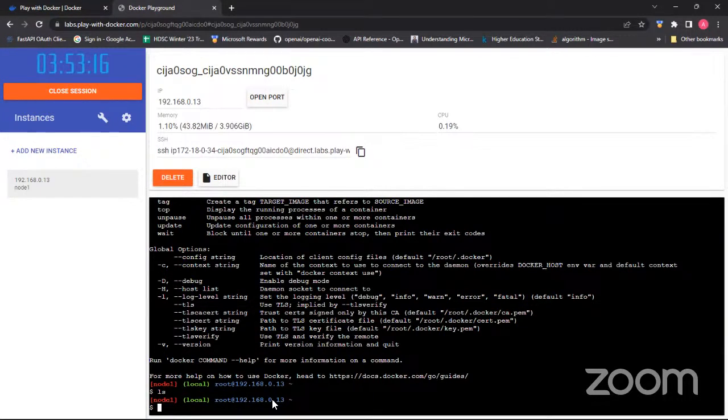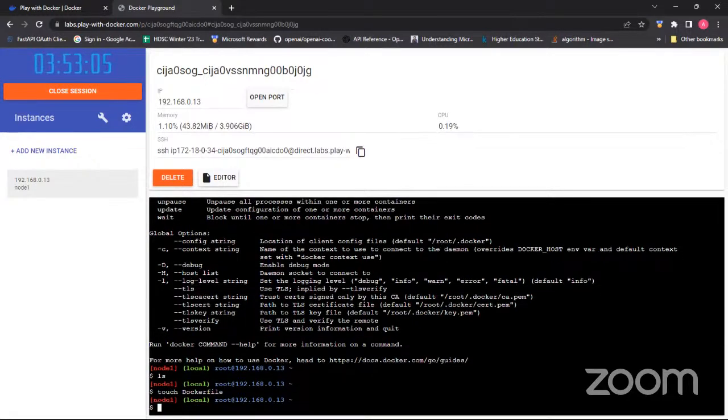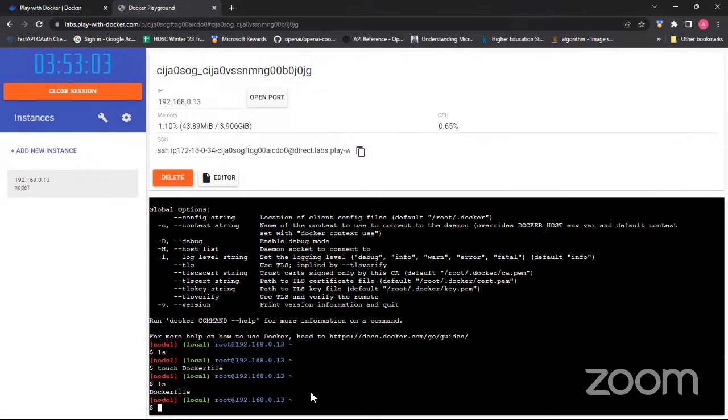So what I'm going to do is create a file. Dockerfile. So when I list this now, there's a Dockerfile here. So for us to work with this Dockerfile,